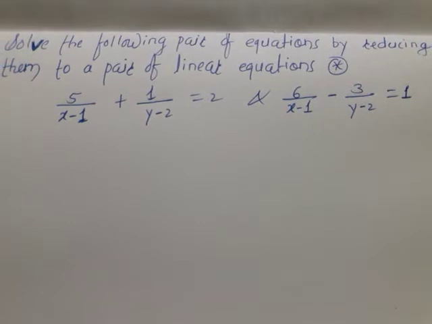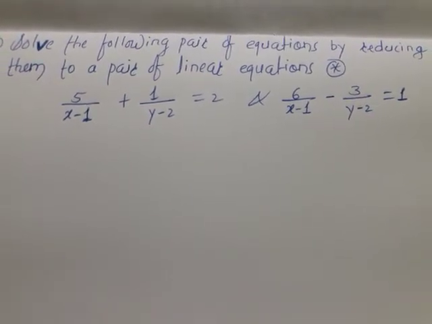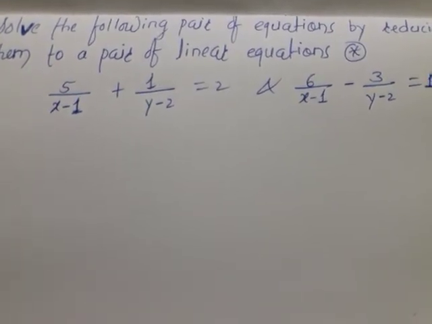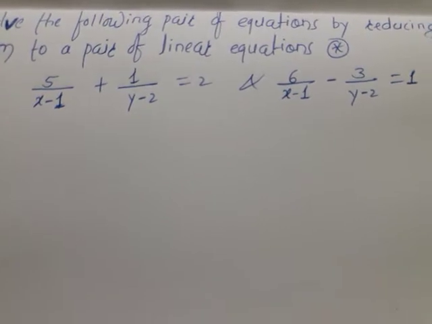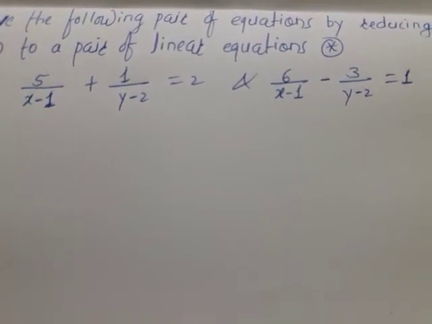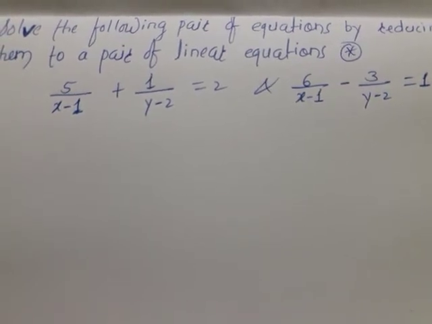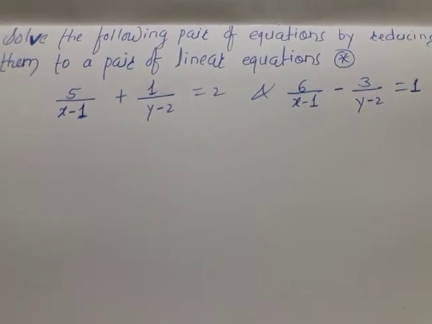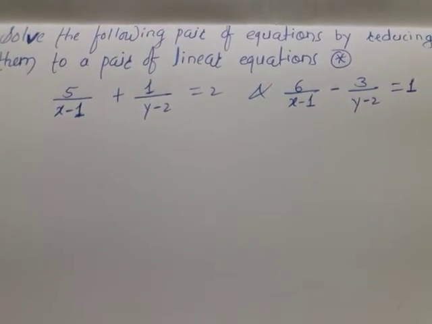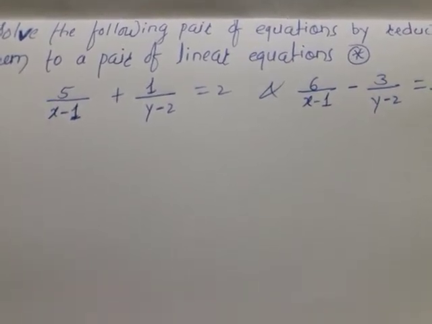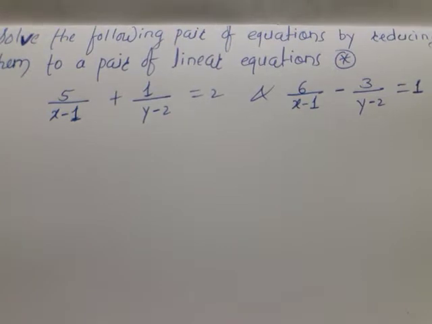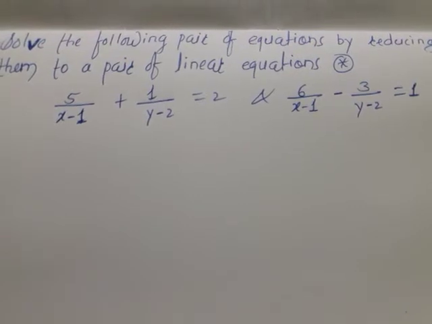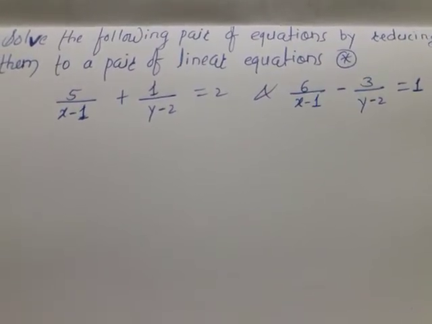The method we followed last time is the same method we are going to follow, only instead of these we use common factors. What is the common factor in this example? x minus 1 in the first equation and also in the second equation, and y minus 2 in the first equation and also in the second. Are you getting it? We first take that common factor and, using it, put some variable in its place, and using that variable we will reduce the given equations to linear equations in two variables. Then we will automatically get the solution of those equations.